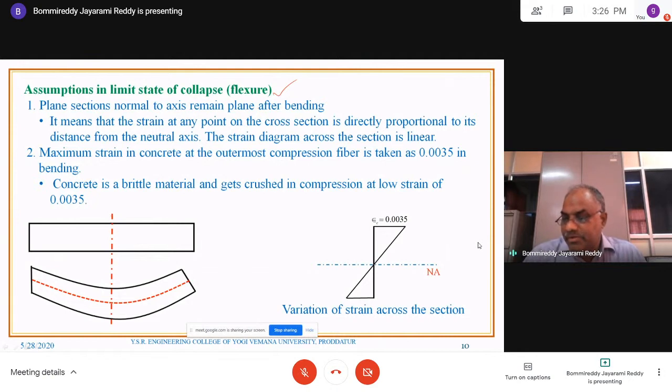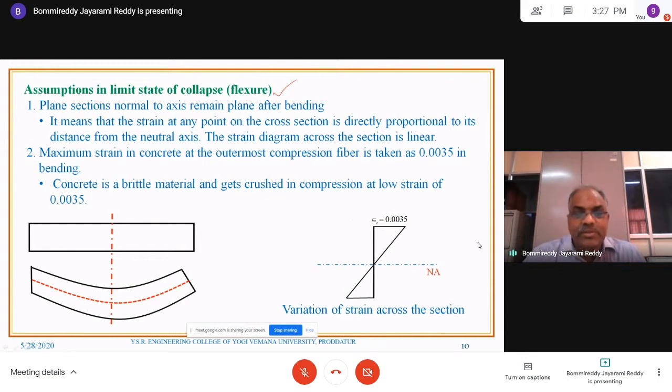That means you can look at this section before bending, the member is straight and the section is clear, vertical, it is plane. And after bending, the same section will take the shape like this, and at that plane, the section may not be perfectly vertical or perfectly same as that of the original. So in that case, we are assuming that the plane before bending and the plane after bending at the same point is the same. That is the first assumption. This is mainly because of